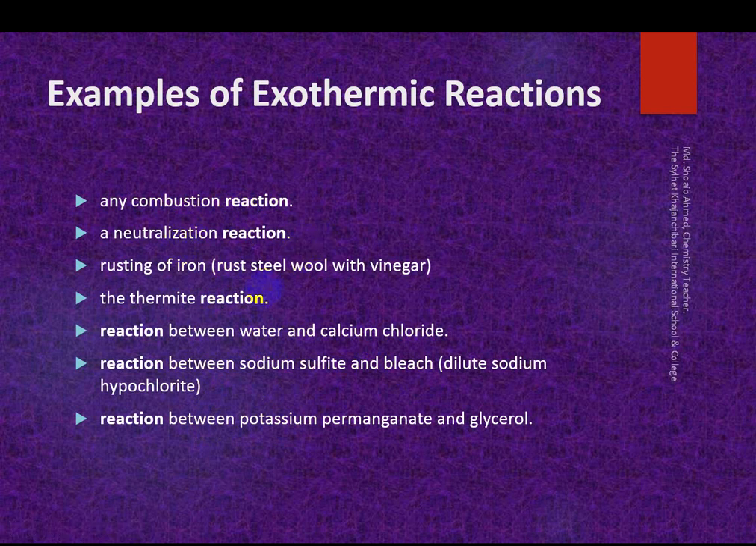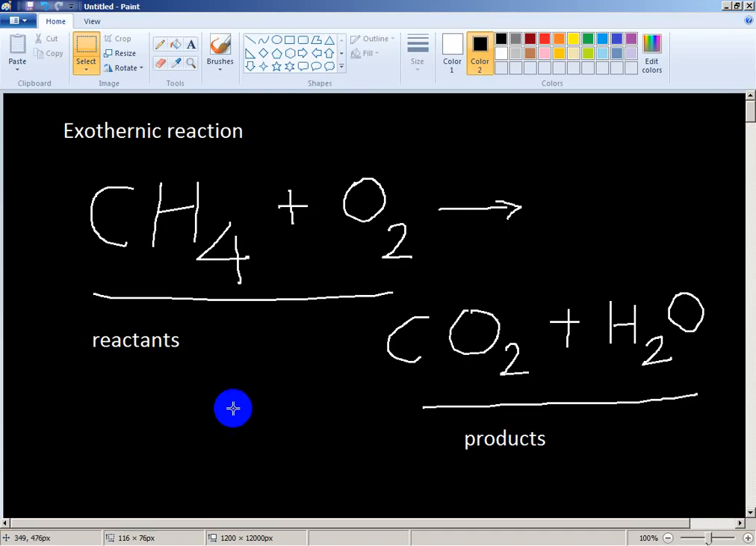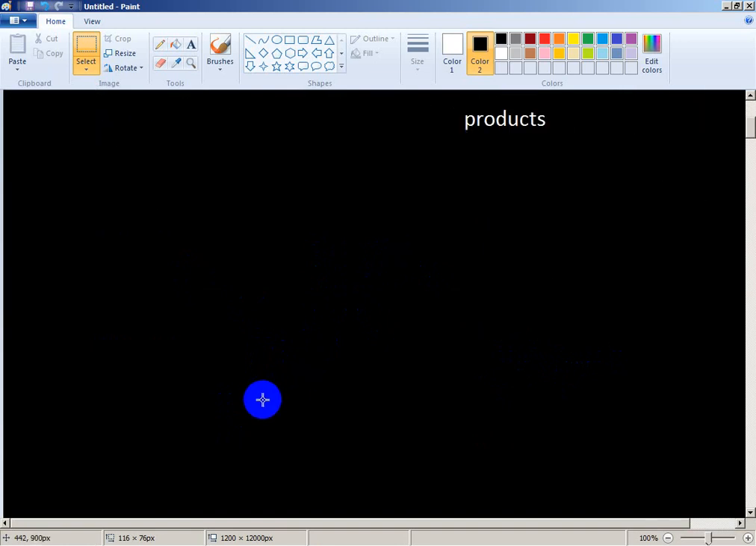Do you know the combustion reaction? This is one combustion reaction, reacting with oxygen to form carbon dioxide and water. This reaction is a combustion reaction. And the neutralization reaction is